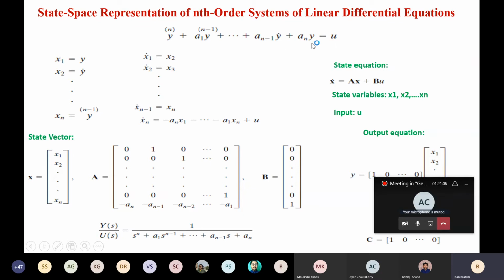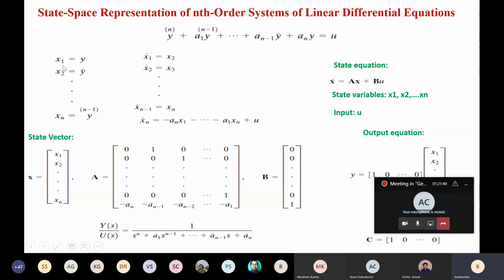For a system, just for simplicity, we have considered a single input single output system, and here input is u and output is y. Now, to understand these state space concepts, we are showing the derivations. Then I will tell how it can be applicable in general to other different types of systems as well. Now suppose this nth order differential equation, I want to represent it using only first order equations. Then what can I do?